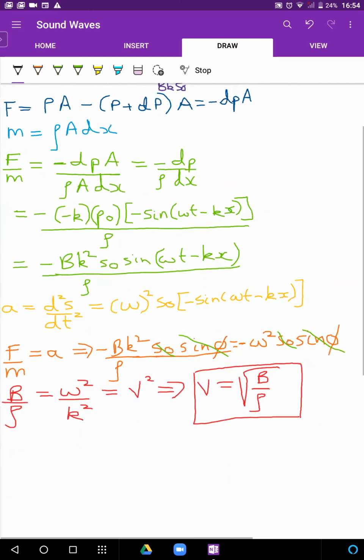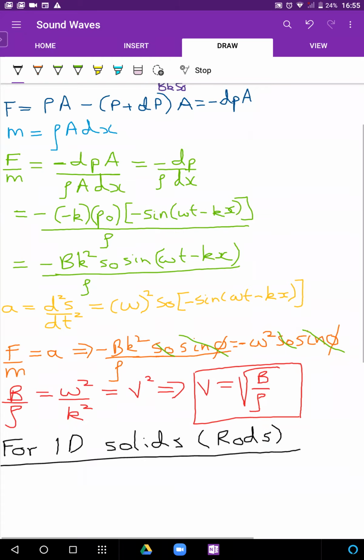For 1D solids, we need not do the derivation. You can just remember the results. For one-dimensional solids, the process is very similar. So for 1D solids, 1D matlab like a rod. When sound propagates in a one-dimensional manner through a rod. So 1D solids, like for instance, rods, stuff like that. In them,